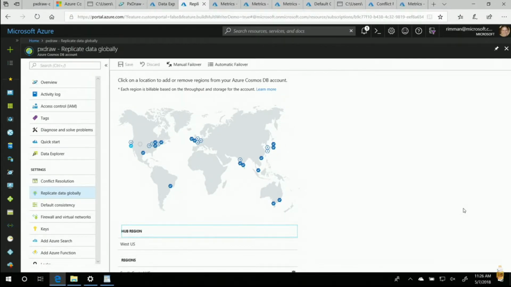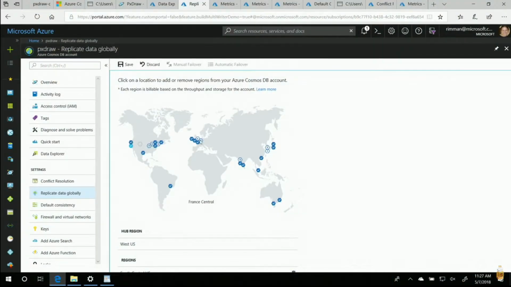Azure Cosmos DB, as a natively built in the cloud service, was carefully engineered with multi-tenancy and global distribution from the ground up. With its turnkey global distribution capability, I can come to the world map, I can pick the regions where I want my data to be, click the save button, and that's it. The data gets seamlessly replicated and becomes available for query locally in those regions. And as I'm adding and removing those regions, my application does not need to be paused or redeployed. It continues to be highly available thanks to the multi-homing capability that Cosmos DB provides.